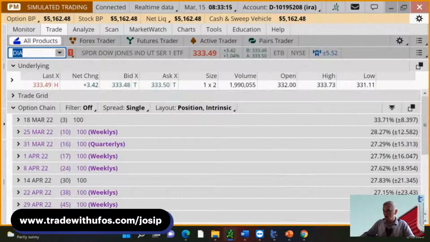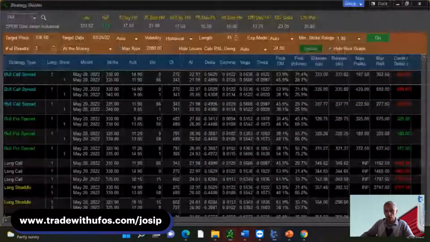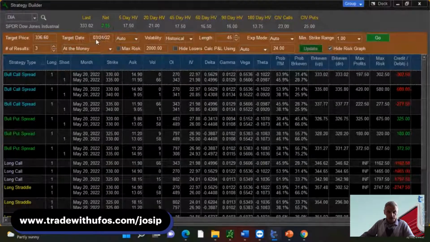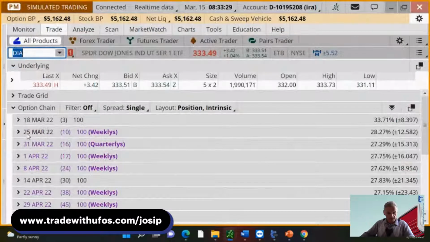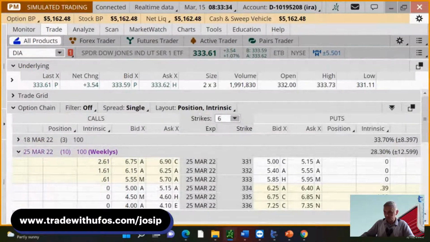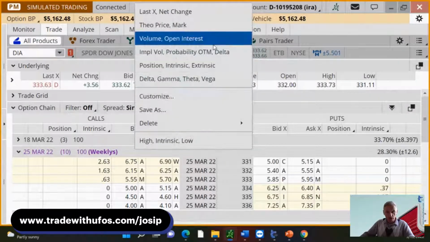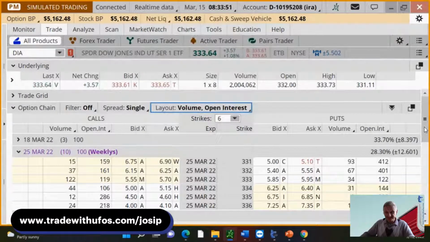So one more time, the Tradactive option planner was showing us the ability to pick something before March 24. I'm looking right here, and it says March 25th. Okay, then I can pick this one. So March 25th is the first one that we're going to be entertaining, but be aware of it. We need to now select volume and open interest to even consider those particular strike prices on the put side.